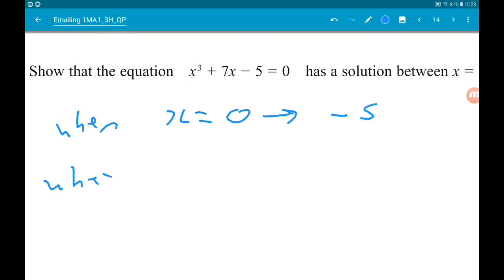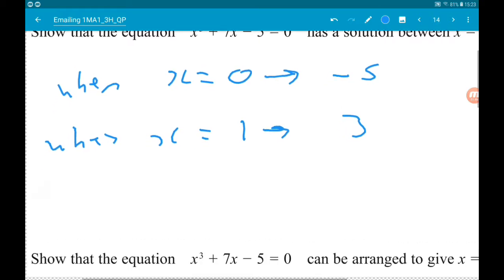When x is 1, we get 1 cubed, which is 1, add 7 times 1, which is 7, so that's 8, minus 5 is 3. So that means,